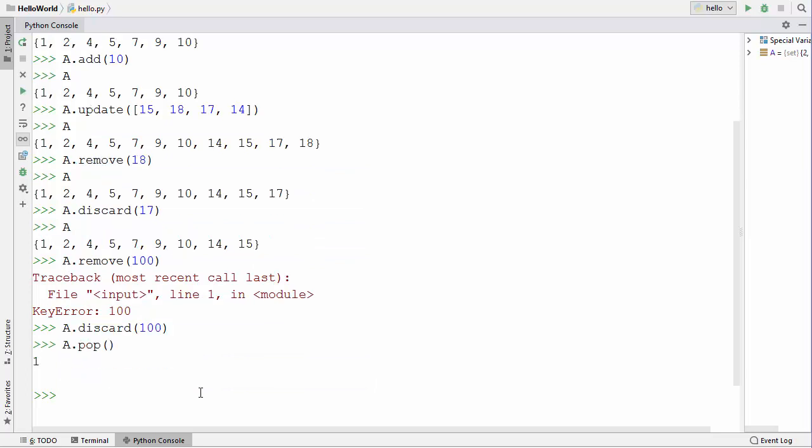And what it's going to do is it's going to remove any random element from your set. So it's not necessary that it's going to remove the element from the left hand side or the right hand side. It will remove any random element from the set. Also, for example, I will declare a set of names, let's say,